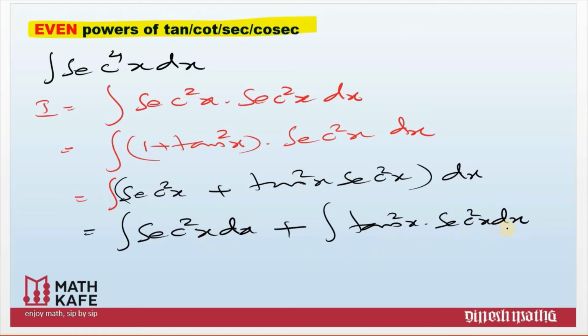What about tan square x, sec square x? This also we can integrate very clearly. We know that when you see tan and sec square, you know the relation. Derivative of tan x is what? Sec square x. Here we'll take substitution only for this term. Let t equal to tan x, not tan square x at all. Let t equal to tan x and dt equal to what? Sec square x dx. Make sure that you can always integrate the given terms. Once you take a substitution, it is easy to integrate.